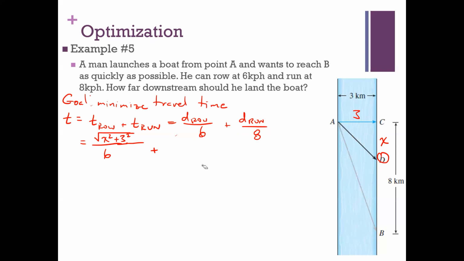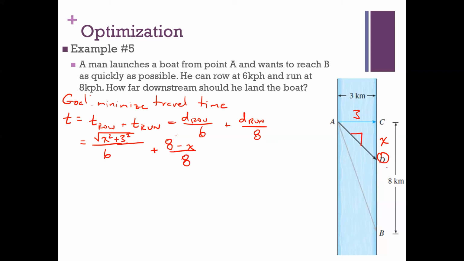What is the distance he's going to spend running? Or what's the distance he's going to run based on that X value? 8 minus X over 8. We okay there? Pythagorean theorem, right? Not all of it. Only the first half. So the 3 points it's going to hit in order are A, D, and B, right? So the distance from A to D, that is Pythagorean theorem. The distance from D to B,